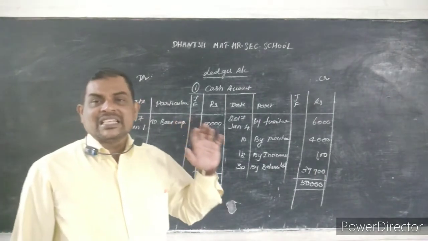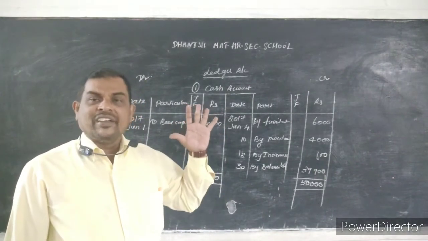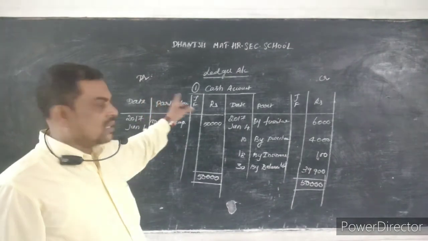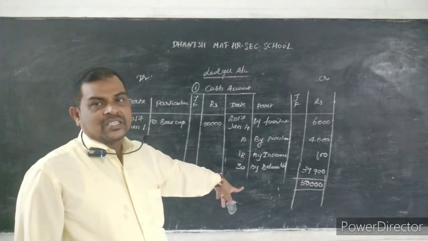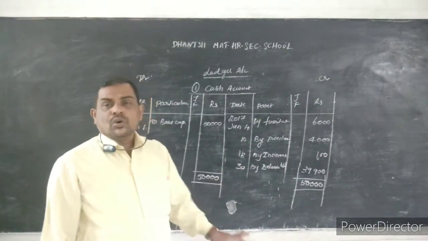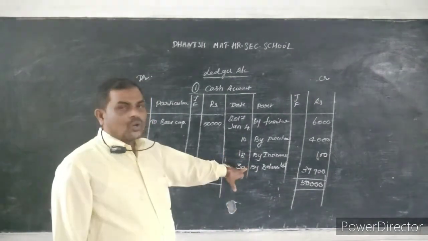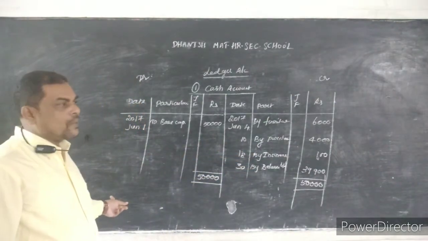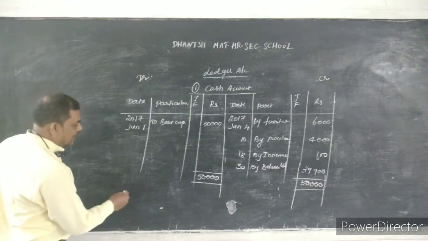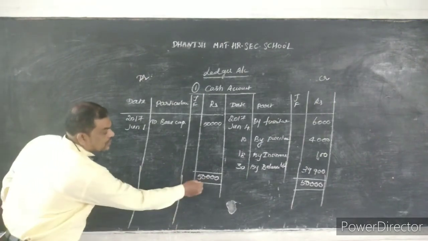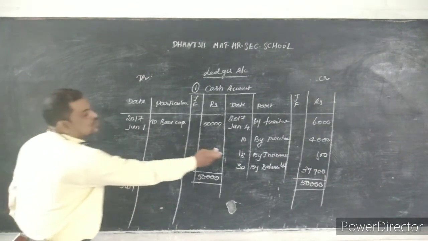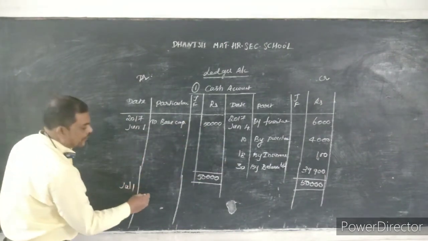Basu's closing balance of cash is 39,900. It means when he started the business he had 50,000 in hand. Now all the expenses are over, and he is left with only 39,900. This is the closing balance. The usual procedure is that the closing balance will be the opening balance of the next month. What is the month after June? July. So below this total you have to put July 1. This closing balance will come here as the opening balance.